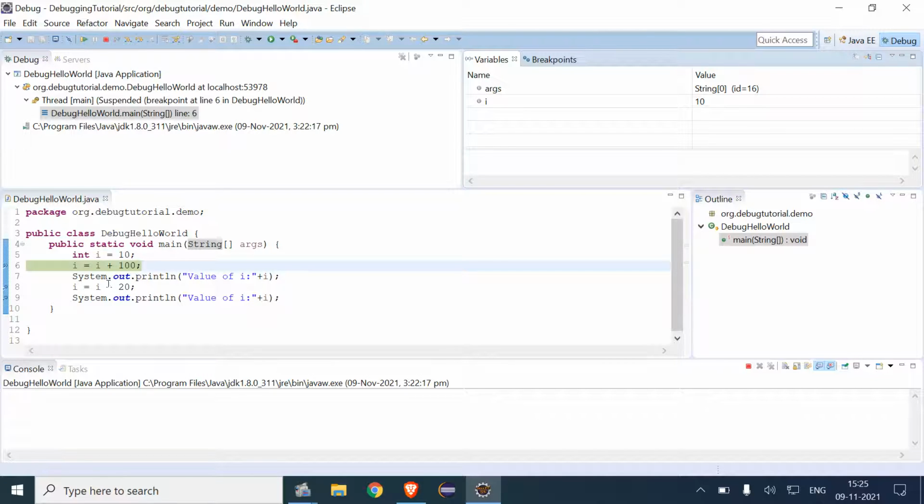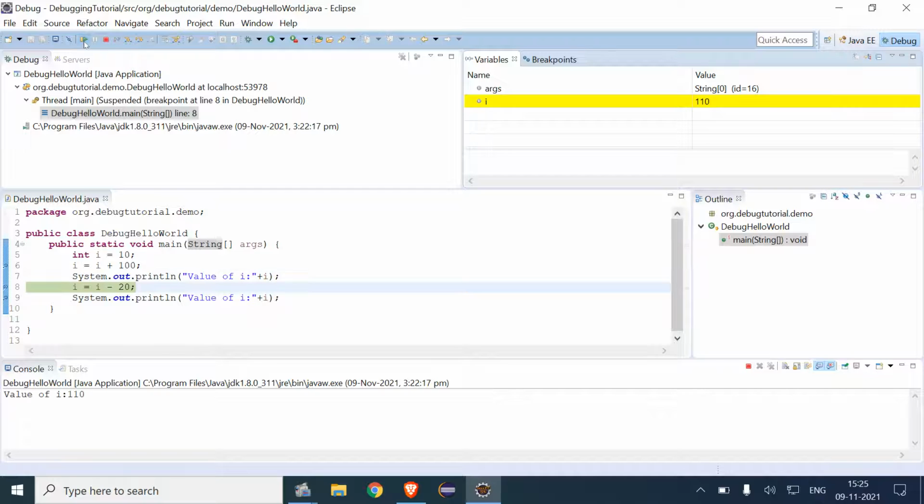So in this sample program, the first breakpoint is 6. And what if we operate this resume option? It will come to this 7 and it will stop here because there is another breakpoint given at the 8th line. So what if we try to run this resume? Right now the program is stopped at this point because the second breakpoint is initialized here.